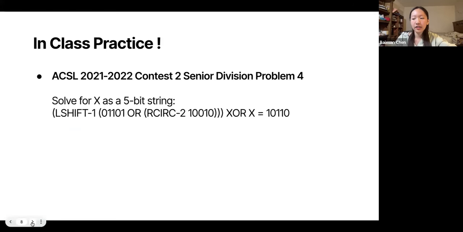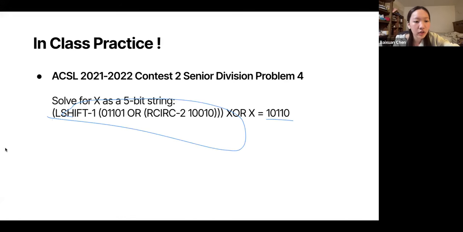So this one is interesting because it's solving for x. So for this one, we're gonna like work backwards, right? So what we're gonna do is we have to solve for this part, and then we know that this one, XOR or exclusive or x, will equal to this one. So if we can find this one, then we'll know this one, exclusive or something, is equal to this one. So then we can find x. So first we have to solve what this expression on the left is. Okay, so